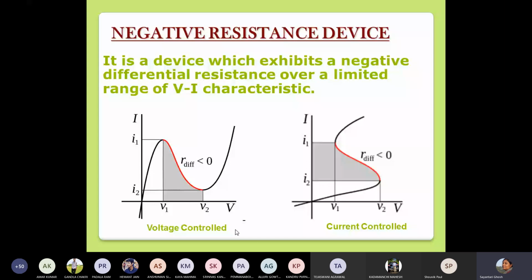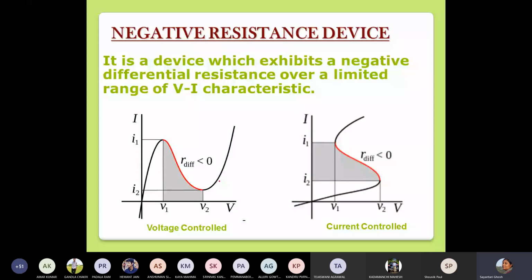Most of the time we have a device like that, and almost never do we have a device where you have a region where, if you increase the voltage, the current starts decreasing. So this is a special family of devices where you have a certain region, not the entire IV characteristics, but a certain region, where you have a negative dependency. Here I show two types of these negative resistance devices, two families, so to say.